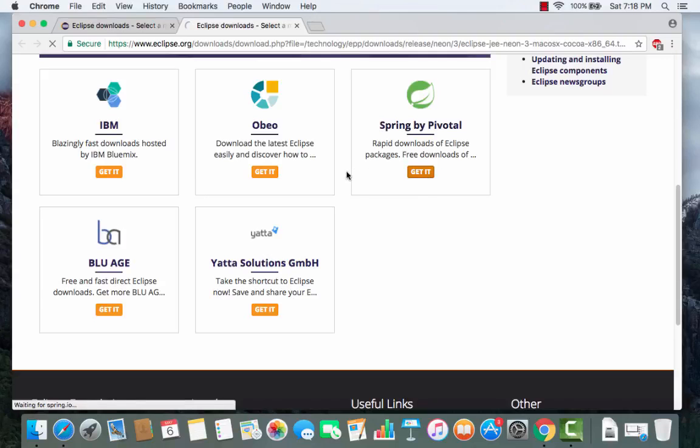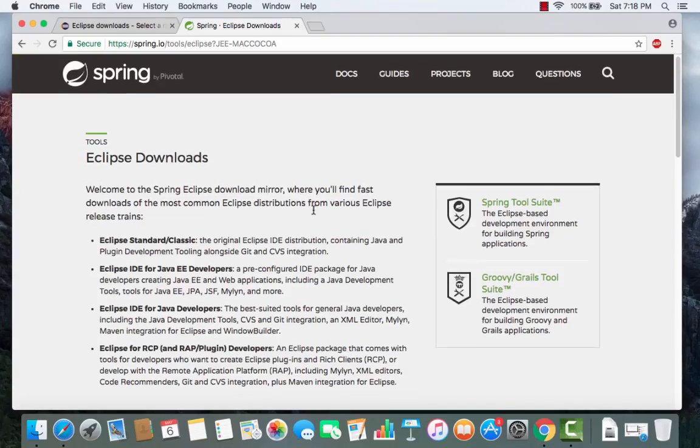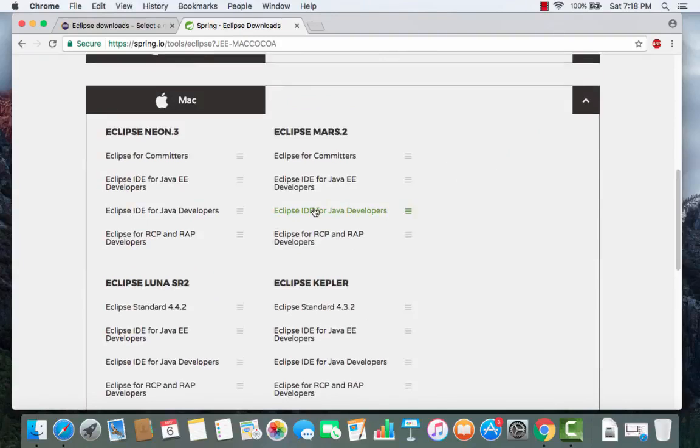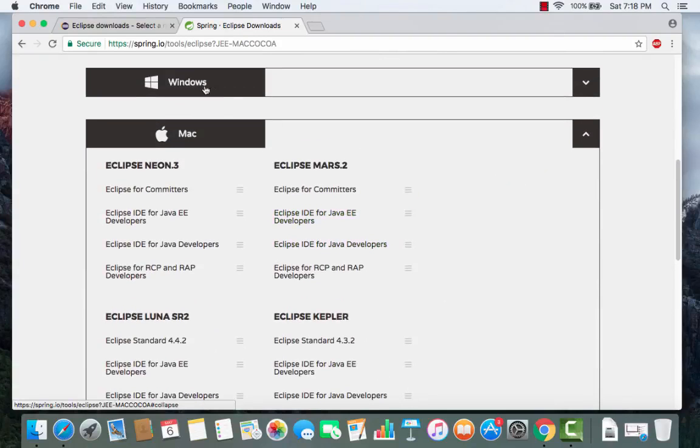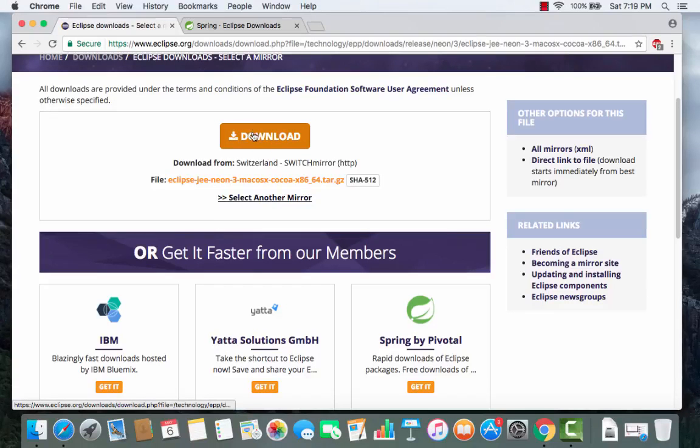Just click get it, and then you can scroll down and you have the option for example Windows, which we don't want. You have this Mac, and then you have this option which says Eclipse IDE for Java EE developers, right? So you can just click this and you will be good to go. Okay, otherwise you can just simply click this download button and it's going to download that for you. Okay, so I'm going to just click this button, which is automatically shown to me,